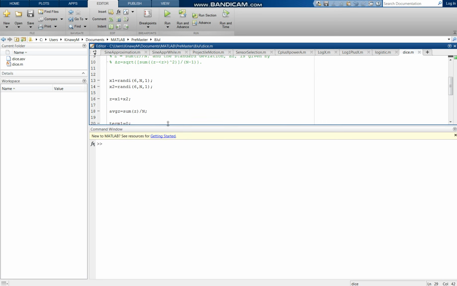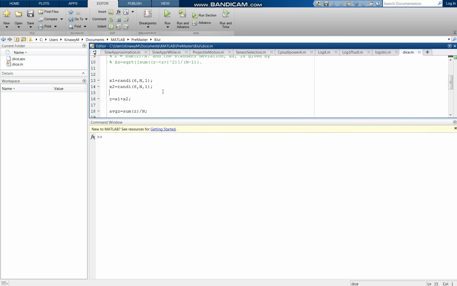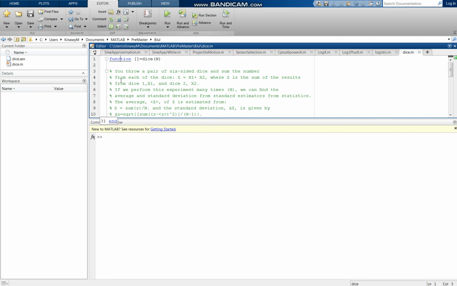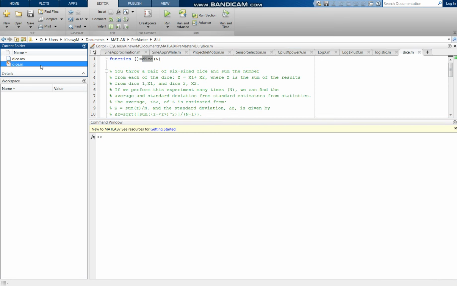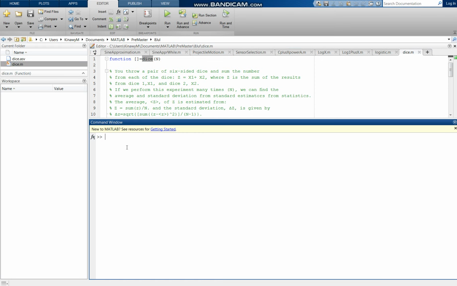To call the function, as we all know, we have to save it with the same name as the function name, dice. So here, if we look here, we find the directory that contains our function. Here to call the code or the function, we write its name, dice, and between two brackets the input, which is n in this case. We begin by 10, for example, and here we find the average value